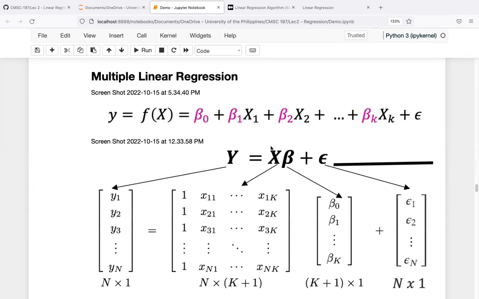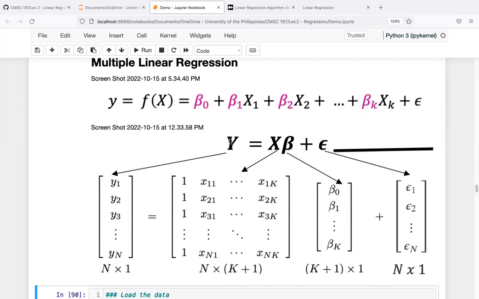Okay, so we can express it in a matrix notation form with y equals x times the model parameter, or the beta parameters, plus the epsilon, or the error. Okay, so the y is a vector of n by 1 responses, and then we also have the x composing of x predictors with n samples. Okay, and we note that we have added a 1, or an extra column composing of all ones. And then we have the beta parameters, which is,